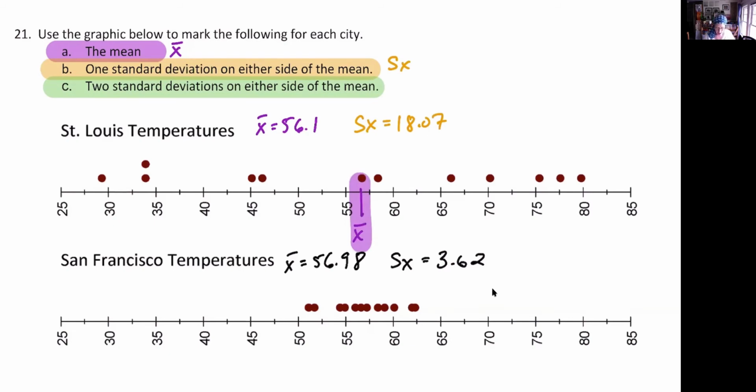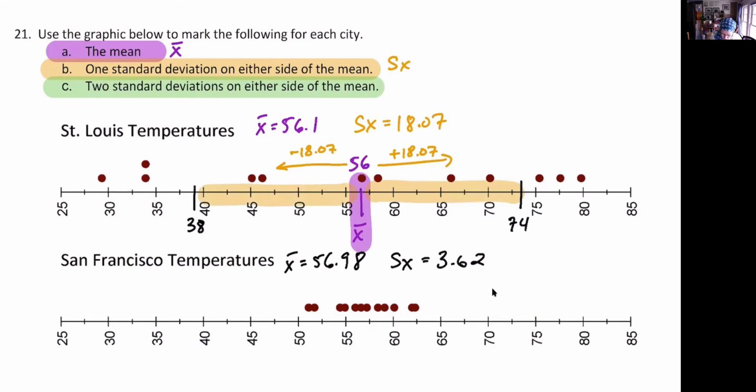So there's the mean. And we're going to go 1 or 2 standard deviations away. We want to see what's 1 standard deviation up from the mean and what's 1 standard deviation below from the mean. What that means is we're going from 56.1. I'm going to write 56, but we know it's more than that. And we're going to add 18.07. So 56 plus 18.07. And after we calculate that, we're going to go the other side and we're going to subtract 18.07. What that looks like then, we wind up at 74, which is here, and then we wind up at 38 over here. So going 1 standard deviation above gets us to 74, 1 standard deviation below gets us